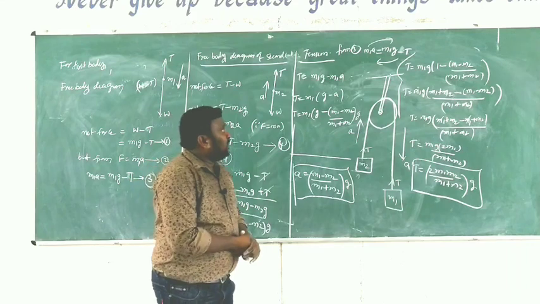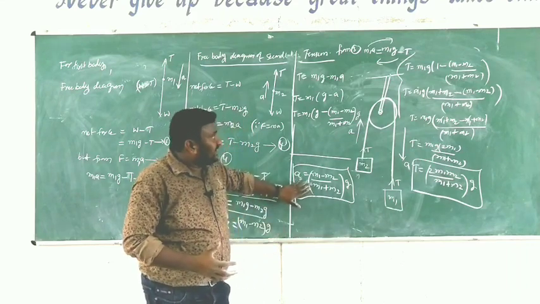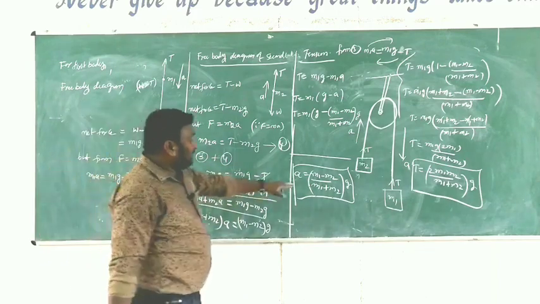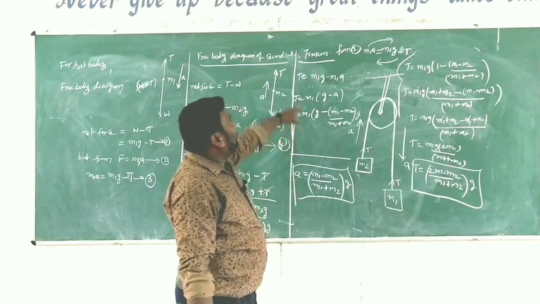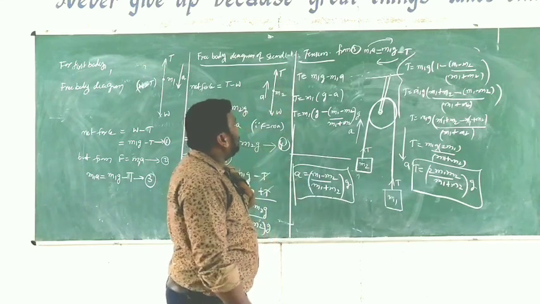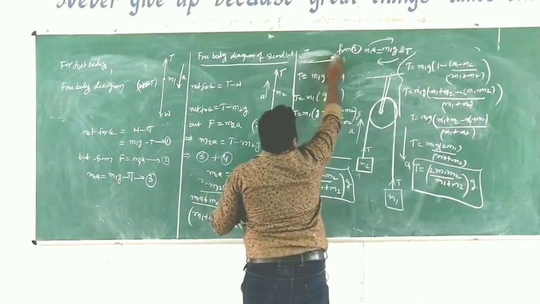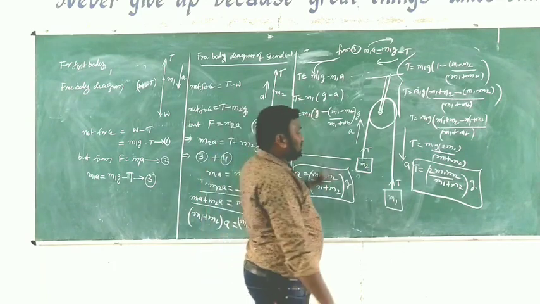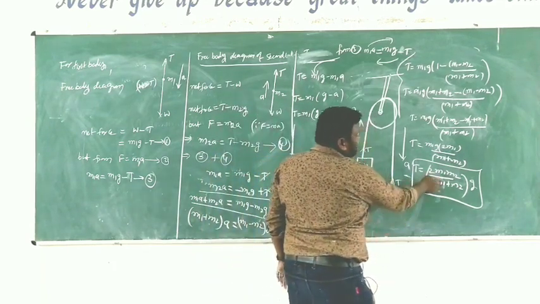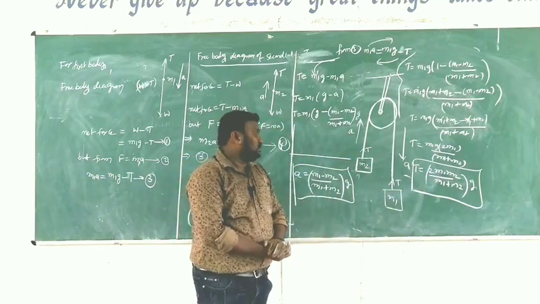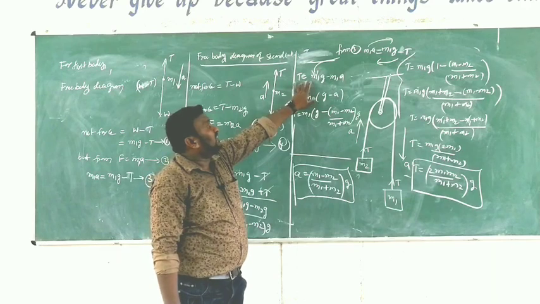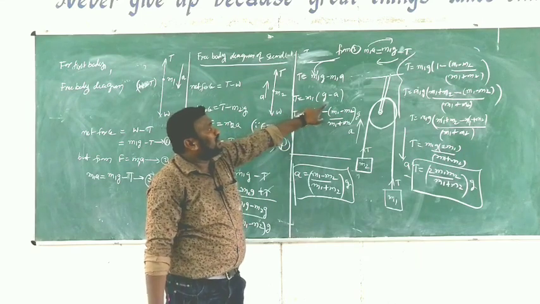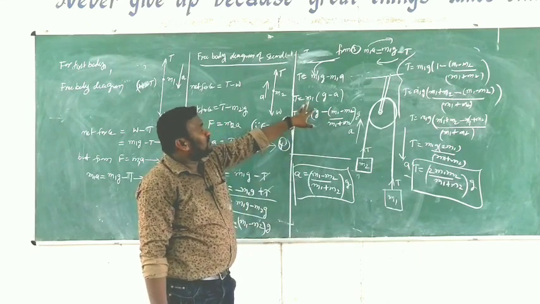We can see, and after that, by substituting the a value we are getting the tension. Now we substitute this value in equation number 3. Then from that equation we will get the T value, T is equal to 2m1m2 by m1 plus m2 into g. Simply from equation number 3 we have T is equal to m1g minus m1a. Here m1 is common, so T is equal to m1 into g minus a.